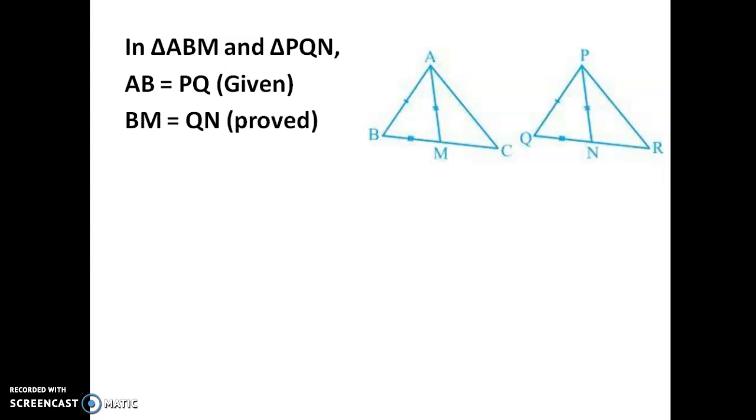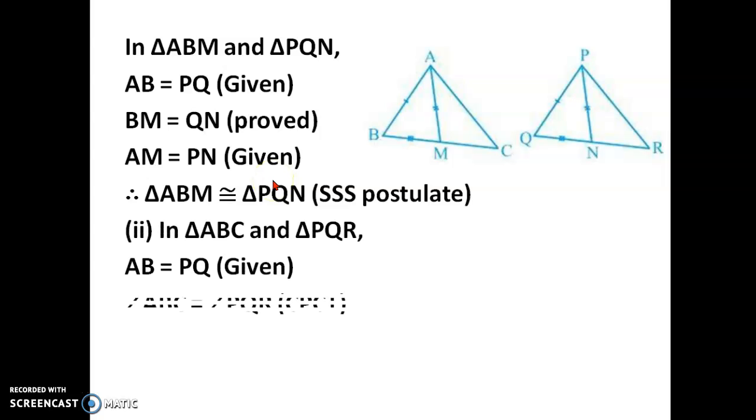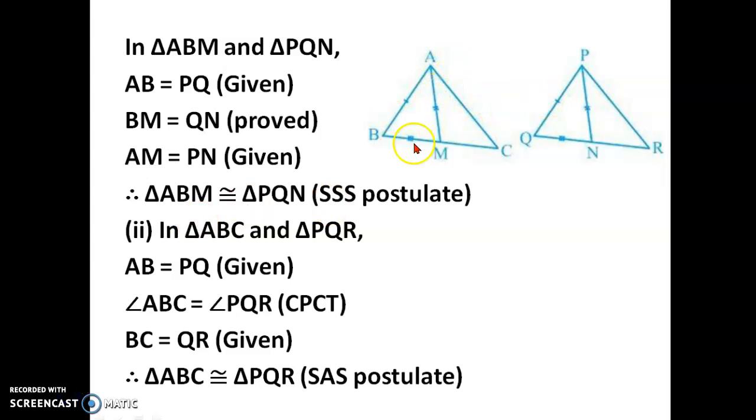Then these two triangles you will take. Okay, so first half of these two triangles we are taking. In this side is equal, this side is equal. So all these are given. And this half we just now proved. So all three sides are equal. So these two triangles are congruent. Similarly, in next, now these two full triangles we are taking. In this side and this side are equal. That is already given. And this angle ABC and PQR, they are the corresponding